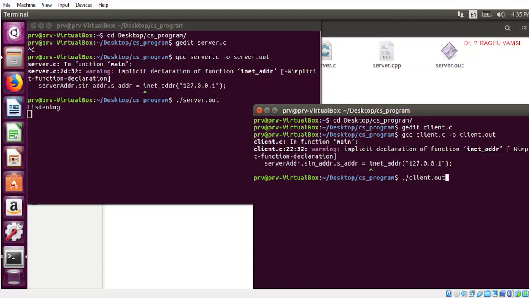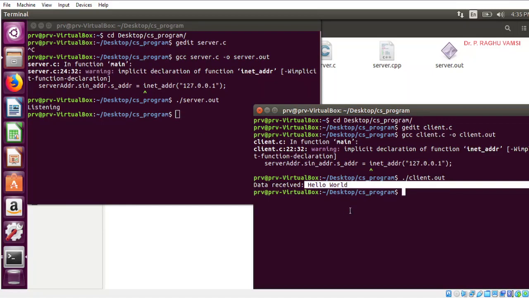So whenever I enter client.out, the server has to send hello world to the client. So the server has sent the hello world to the client. So data received is hello world. This is the same thing that we have written in the program, which we have realized after compilation.